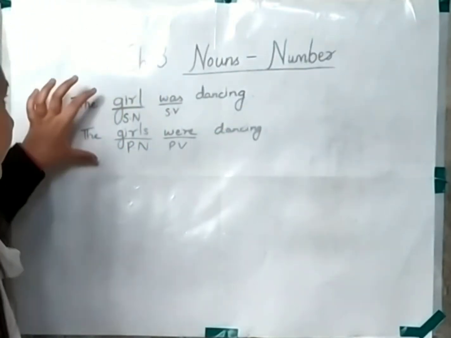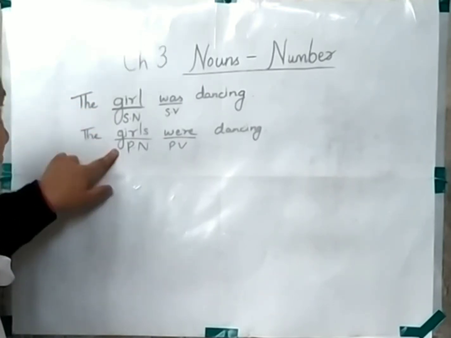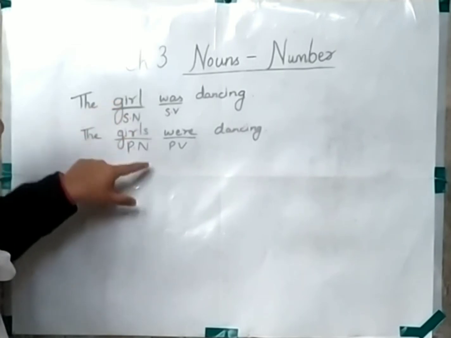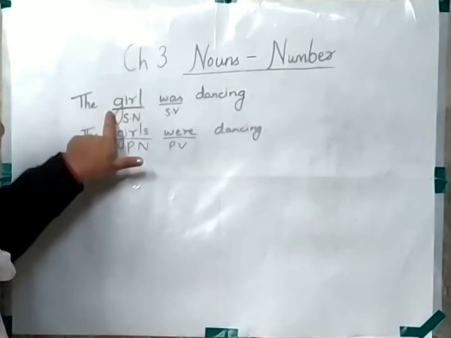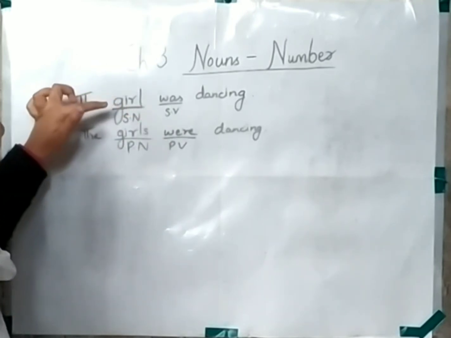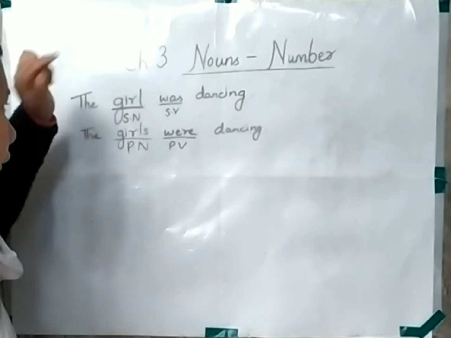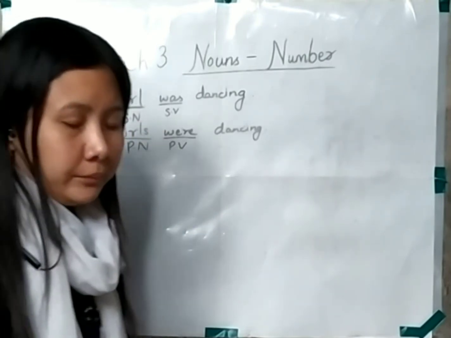I told you that when we change the number of the noun, that is, when we change a singular noun into a plural noun in a sentence, then the verb that follows the noun also changes. If we are changing the singular noun into a plural noun, then the singular verb also needs to change into a plural verb. So let's start discussing the rules provided to bring this change from singular to plural.